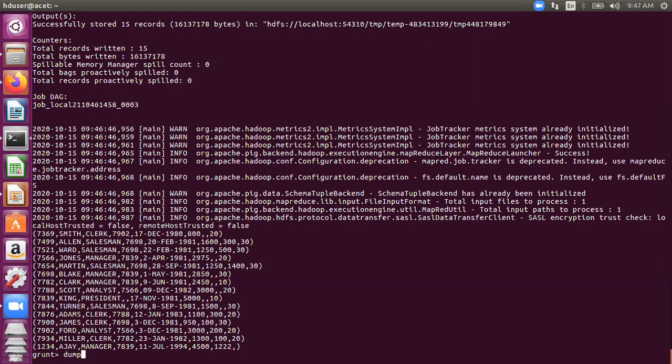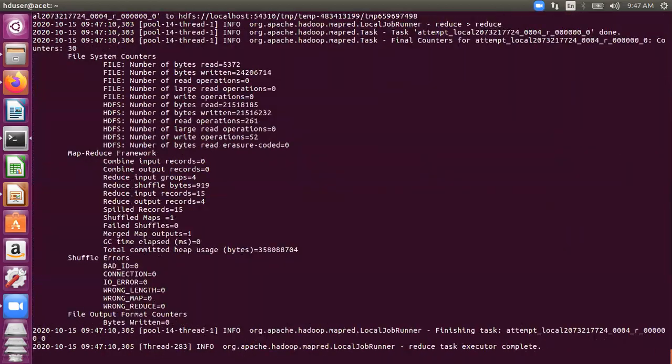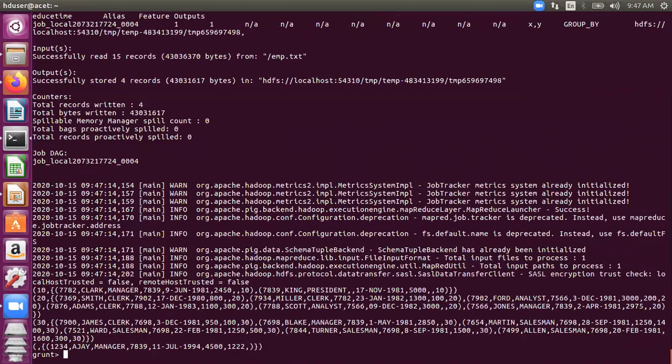If I dump the value of the relation Y for you, you will see the groups. Here you can see group 10, which contains all the people who belong to it. Then group 20, then group 30, and the last one is a null group, where the DNO is missing.